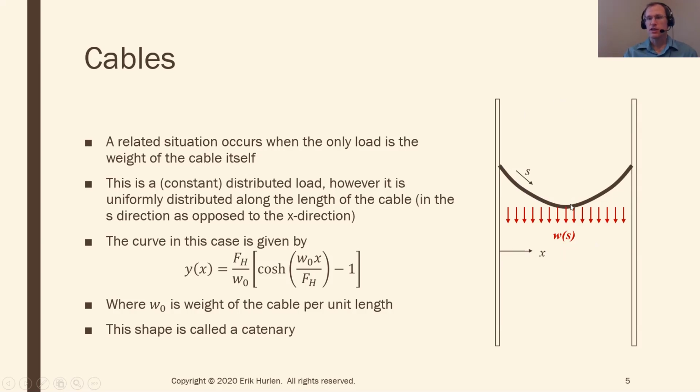So what's going to happen here is that when the cable's horizontal, there'll be kind of less cable per foot or per meter, whatever you want to call it. When it's at an angle, there's kind of more cable in there because it's at an angle, so there's more cable per horizontal distance. And so what you end up in that case is with something called a catenary. So this hyperbolic cosine type shape, and that is the shape of any sort of power line, any sort of telephone line that you see hanging next to the street. It'll have this hyperbolic cosine shape